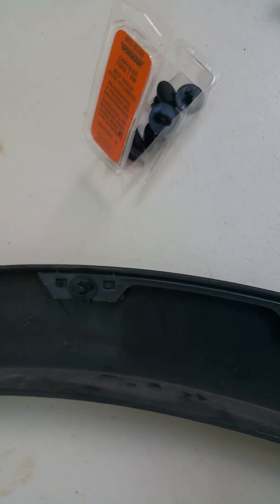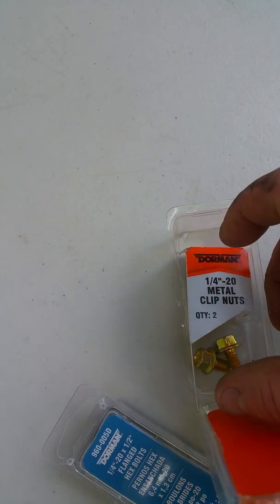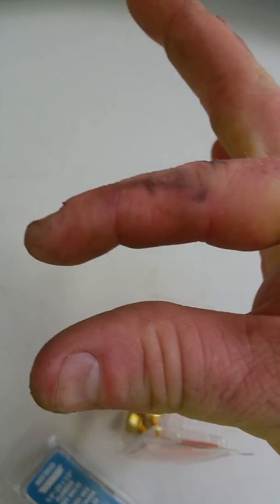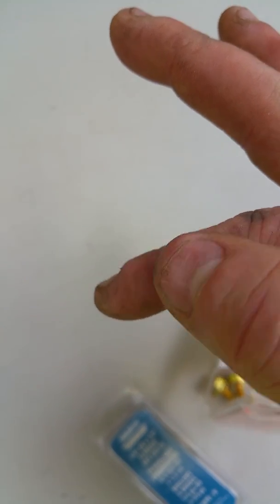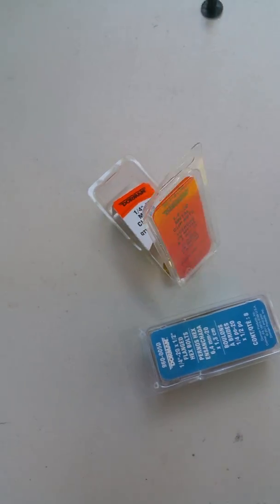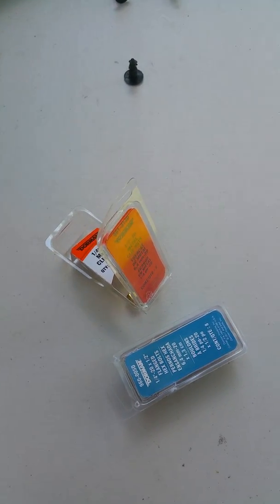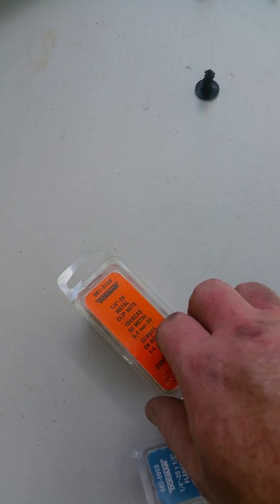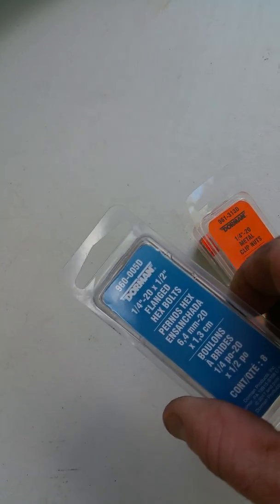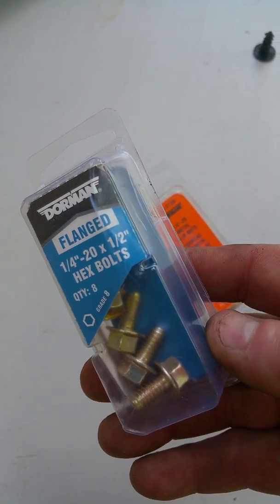So also I wanted to point this out as well. On the front of, that holds the headlight in, mine was missing the metal clip. It's kind of like this with a little like nut area in it, and of course the one they have on there is $15 for one. So what I did was I approximated with this metal clip and then bought the same 1/4 20 bolts. Now the mistake I made is that I had to push really hard to get this to catch,